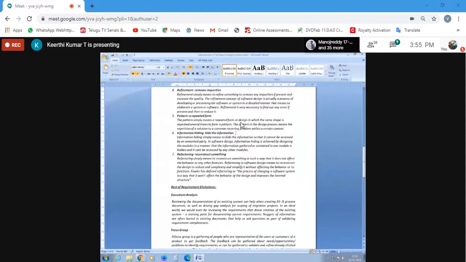So this pattern, when it comes to designing, is also kind of a debugging process, because in each and every step you want to put the brakes on the whole system and try to rectify where your focus is, and you try to do the debugging. So you see here, the pattern in design means the repetition of a solution to a common recurring problem.